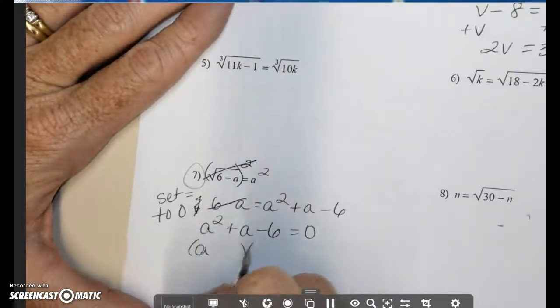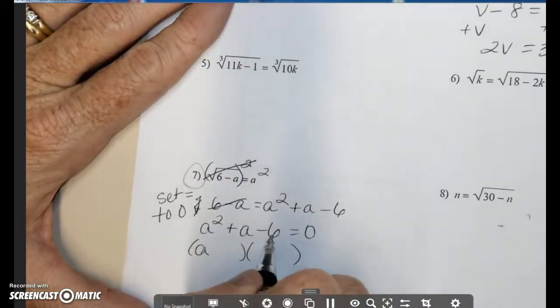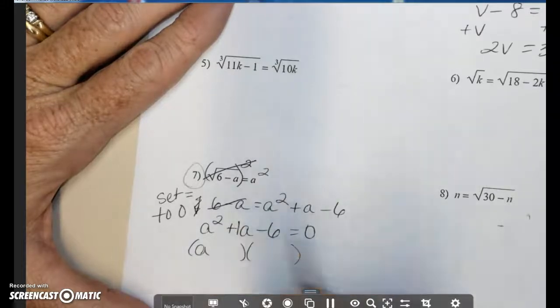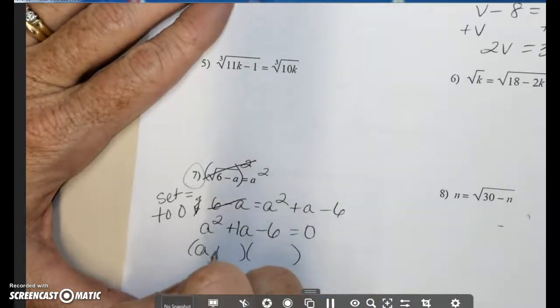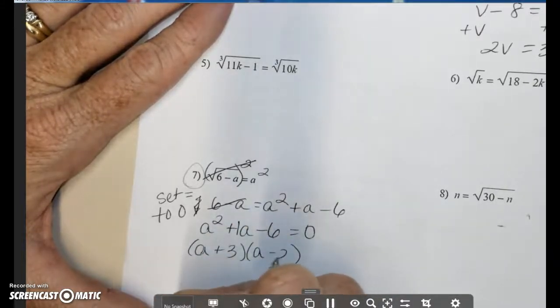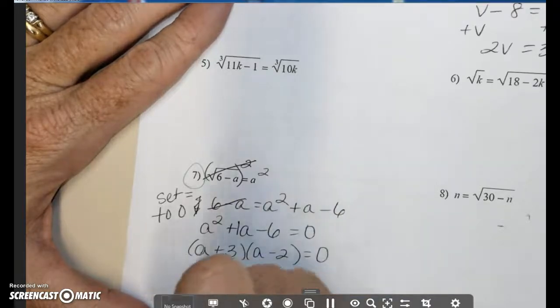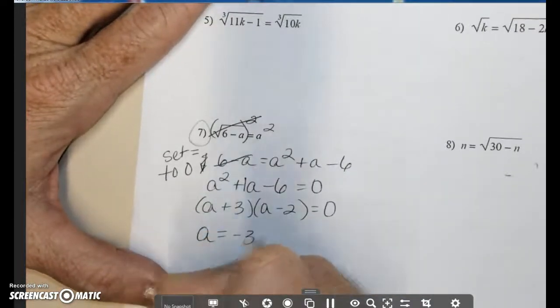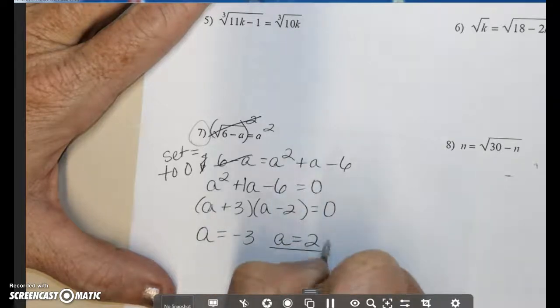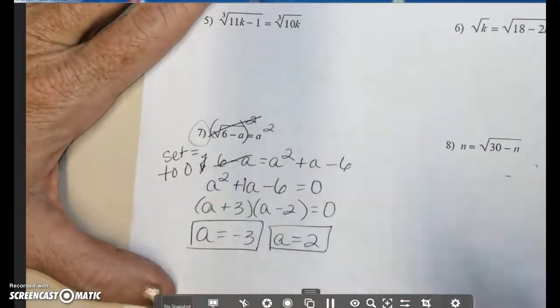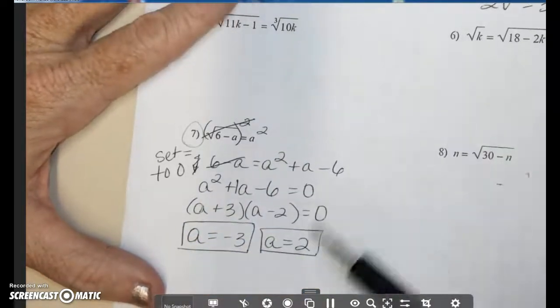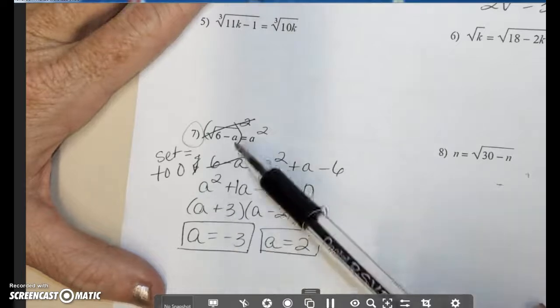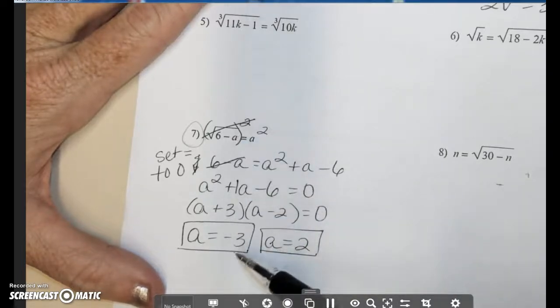So I need two numbers that multiply to -6 that add up to 1. This is like a 1 in the middle. So that would be +3 and -2. Then I need to solve for each of those, which is the opposite of my factors. So a equals -3 and a equals 2. Okay. You do need to check to see if any of these are going to give you an appropriate answer. But